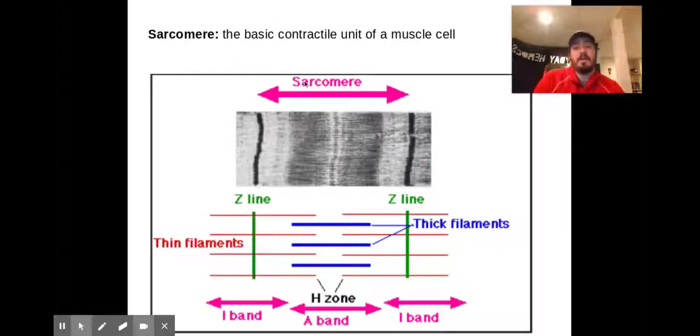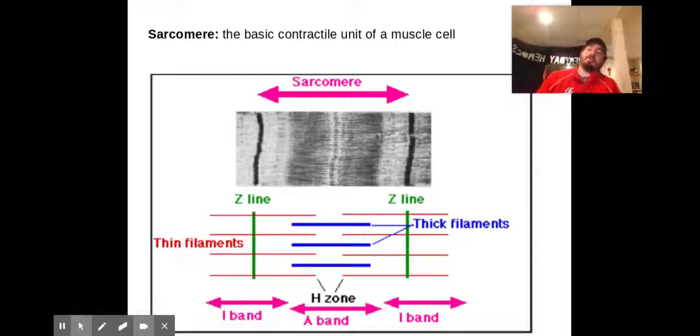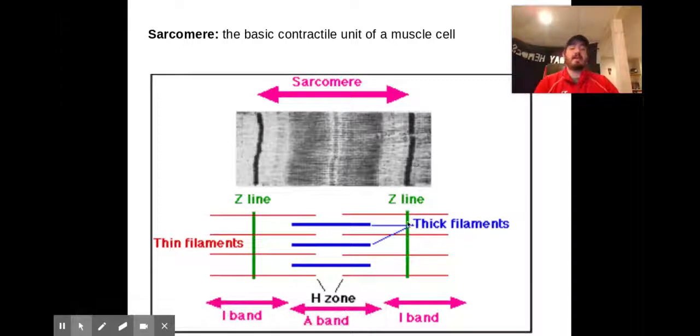And again, one sarcomere goes from Z line to Z line. So definitely write that down. One sarcomere goes from Z line to Z line. And again, those Z lines, as you get in this little drawing here or representation, those Z lines take place